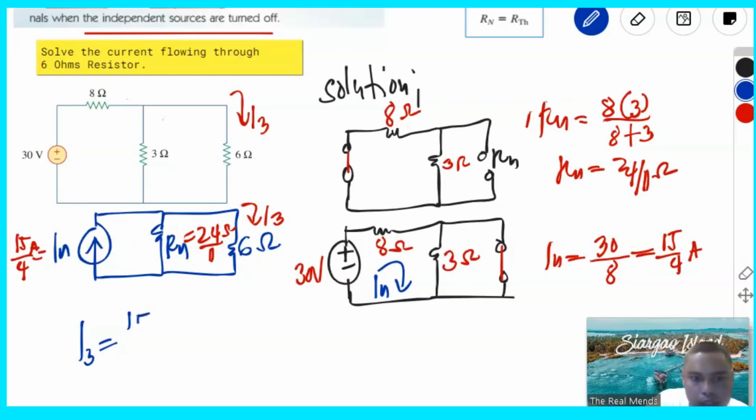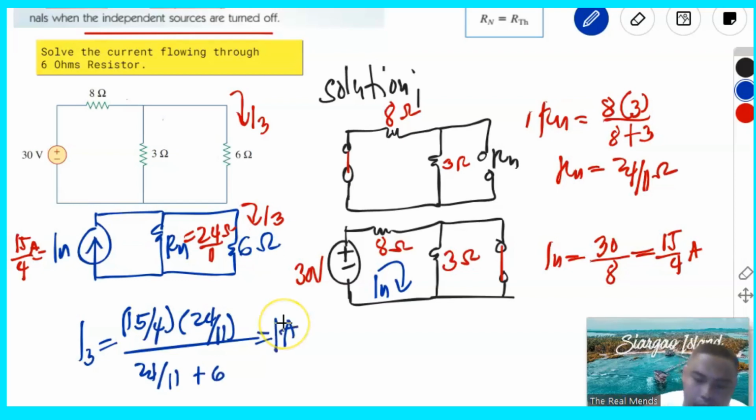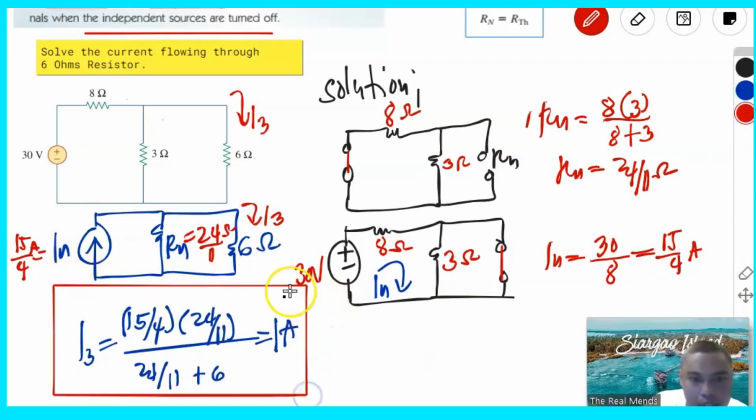over 4, multiplied by the resistance of the other, that is 24 over 11, over the total resistance of 24 over 11 plus 6. And that gives us 1 ampere. So it is the same answer as our last one with mesh and nodal. Okay, so that is how to solve